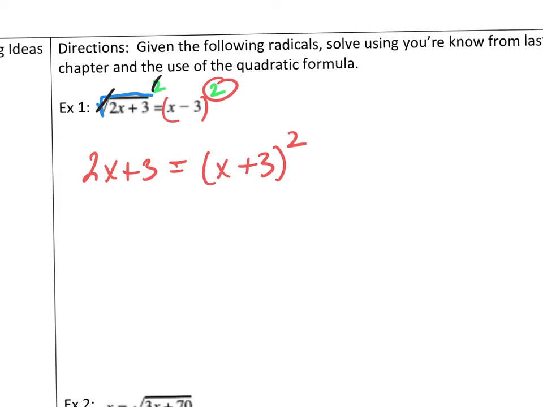Now I'm curious to see if you remember anything from chapter 1, and now you see why we learned chapter 1 here in just a minute. A lot of you think we're just going to square this x and square this 3 to give me 9, so it would be x squared plus 9. And that is the biggest no-no ever, and please, please, please do not do that. This truly tells you you have 2 of those, so you have to write it out twice, and this is on your test, so please remember that you have to write it out twice,